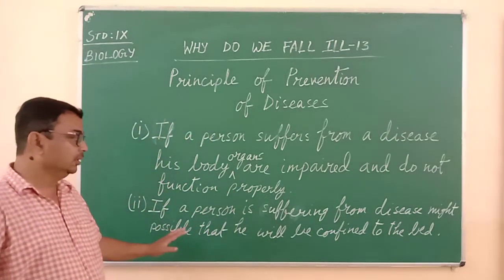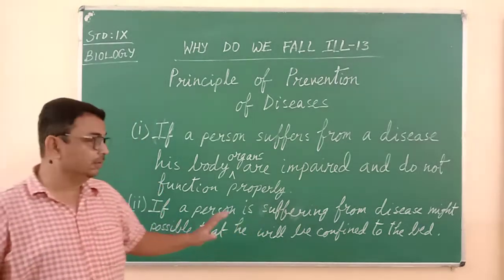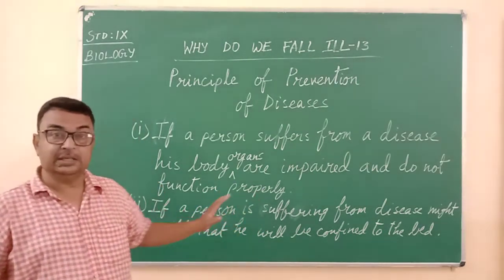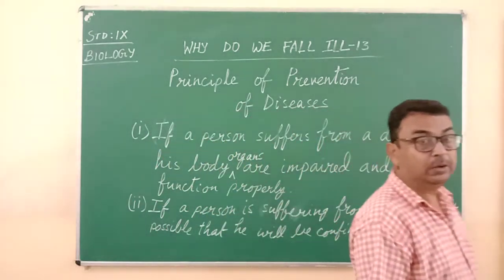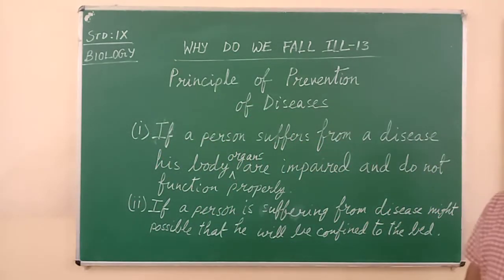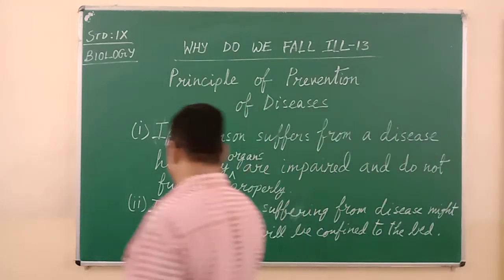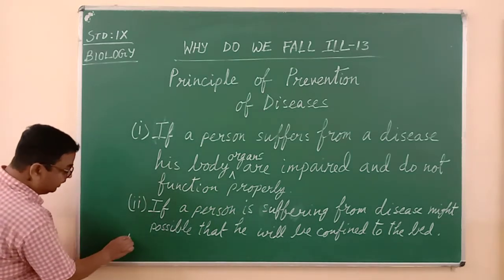The person will be suffering. If a person is suffering from disease, this can also happen: the person will be confined to a bed. He won't be able to get up from the bed, he will be lying down all the time, so he might suffer from other problems also. And the last and the most important thing, children, the third limitation is